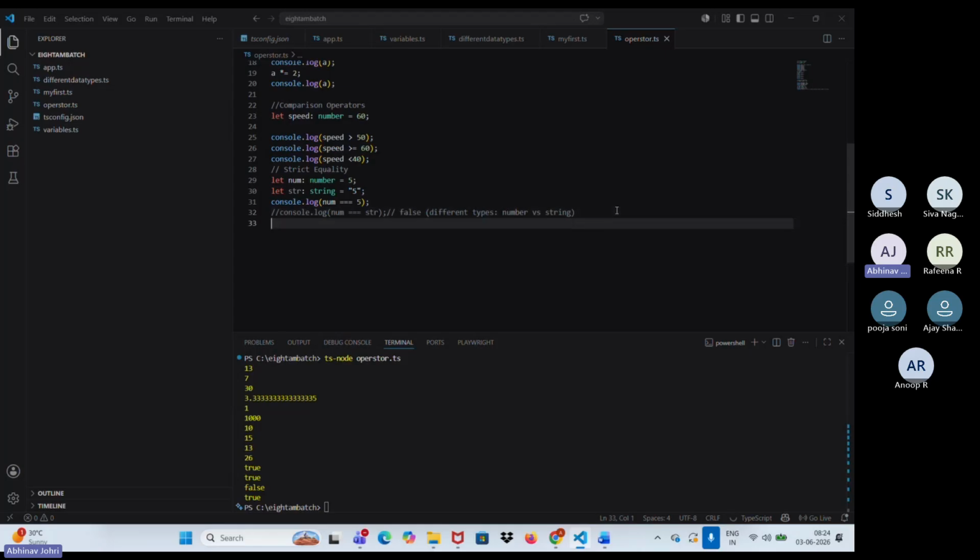Next is logical operator. Logical operators, logic, true and false. Logical operator means true and false. So we have